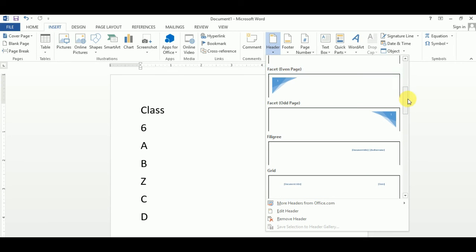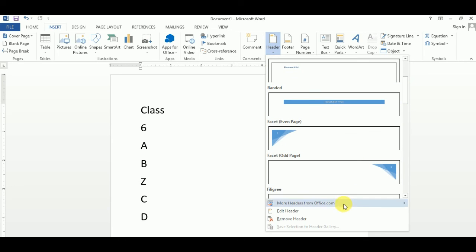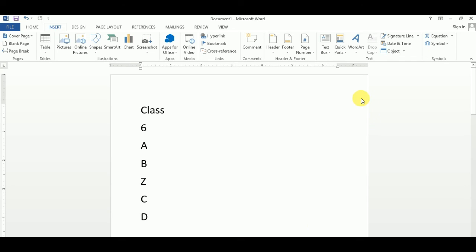You can see the design layout, footer layout. Sorry, header layout. Yes, header layout, or header design. And you can also see Remove Header. You can see it automatically removes my header from my document. Okay, so step by step everyone should remember: insert a preset header or footer, and how you can use header or footer in your Word document.